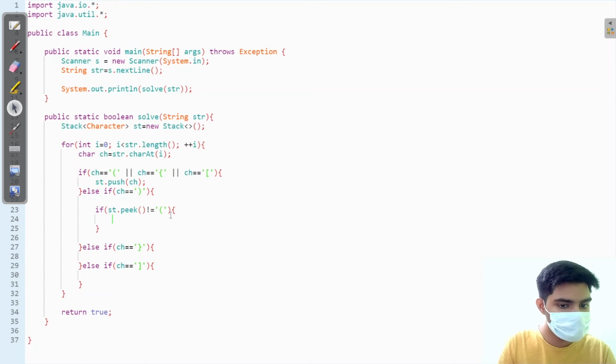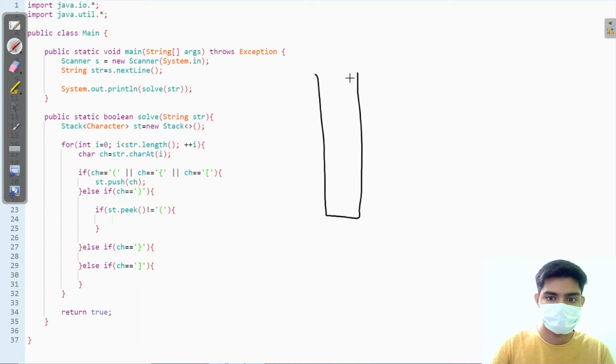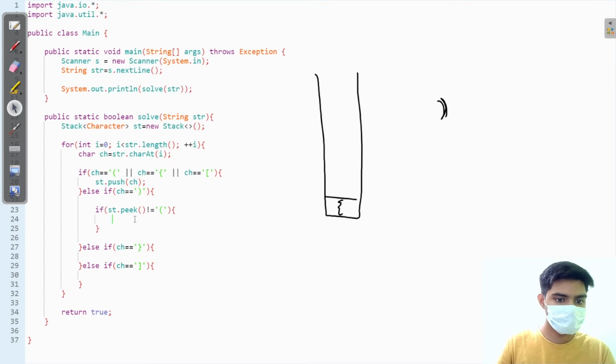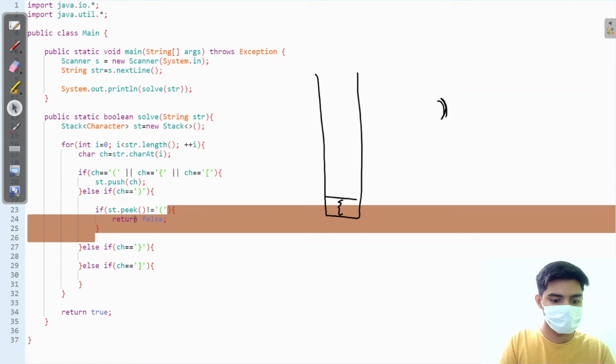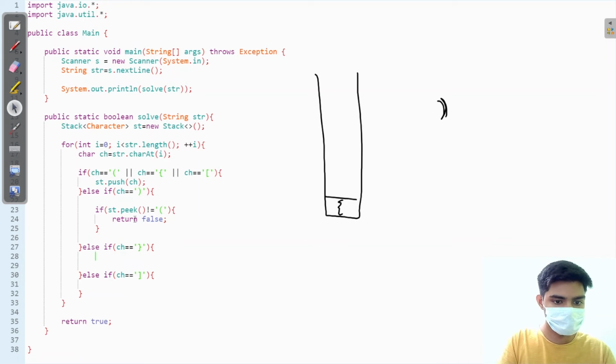If this is not equal to an opening parentheses, this means that at the top of my stack I have, let's say, a curly braces, and I have this parentheses. If this is not equal, I can simply return false from here. Same work will be done in the other parts, right?